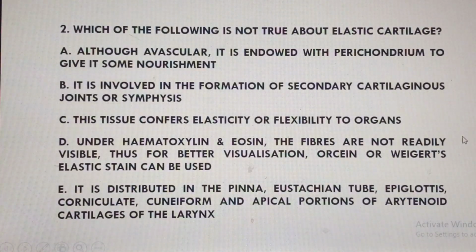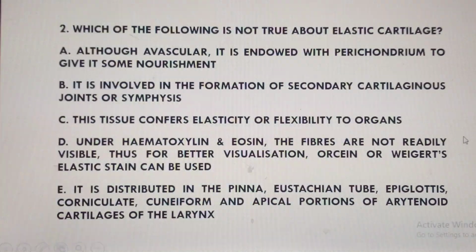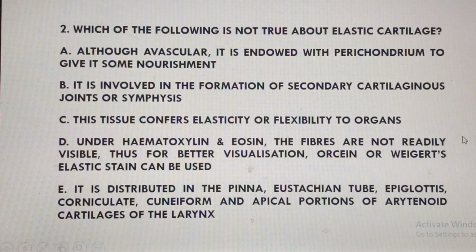Option C says this tissue confers elasticity or flexibility to organs. Yes, that's a very true statement, making it flexible, pliable actually. So that's a true statement. Option D says, under hematoxylin and eosin, the fibers are not readily visible. Thus, for better visualization, Weigert's elastic stain can be used. Yeah, that's a very true statement. We have to go through special staining so that you'll be able to visualize these. Because of course, elastin we may not be able to see very well under H&E staining unless you use special stains like orcein or Weigert's